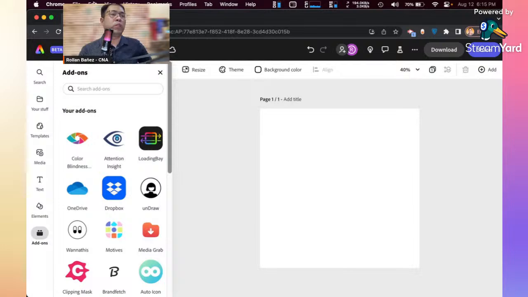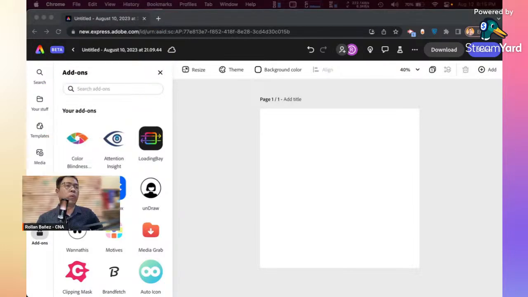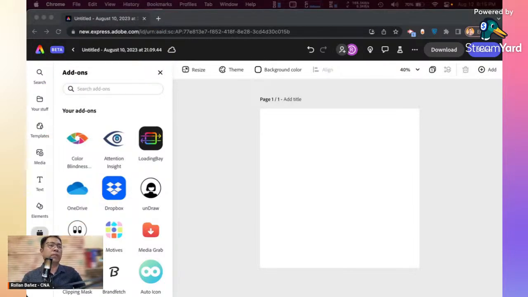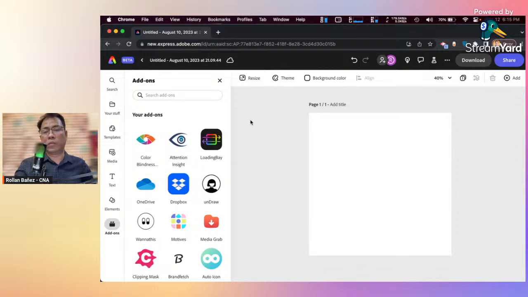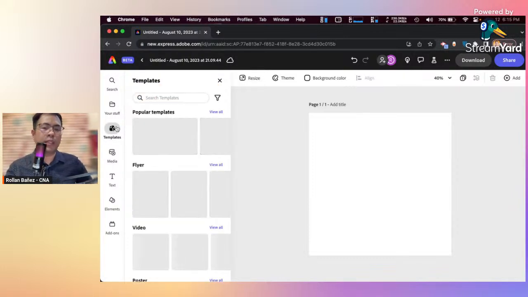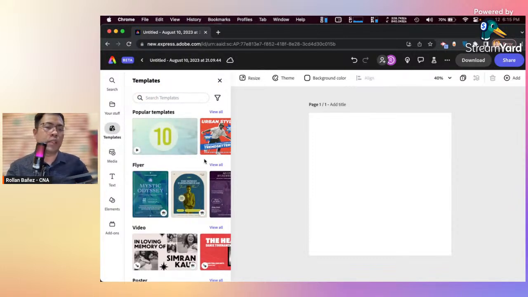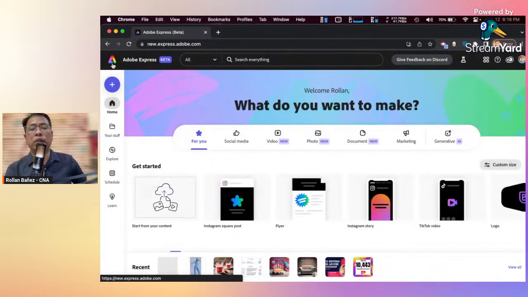Okay? I'm just going to switch my view to another one because para magkaroon tayo ng emphasis on what we're trying to do. Okay, I hope you're all ready to learn what we call add-ons inside of Adobe Express. So, I'm just going to open any template that you can use inside of Adobe Express. Let's just go to the first one, our new homepage.